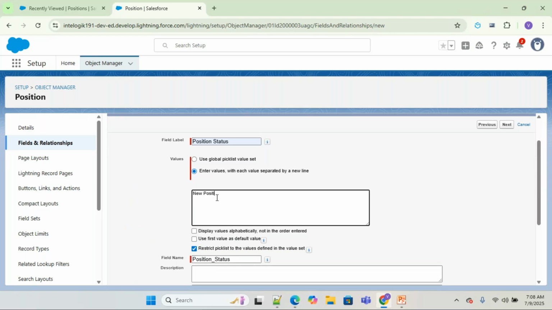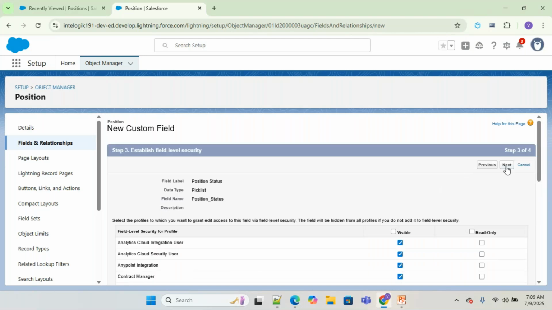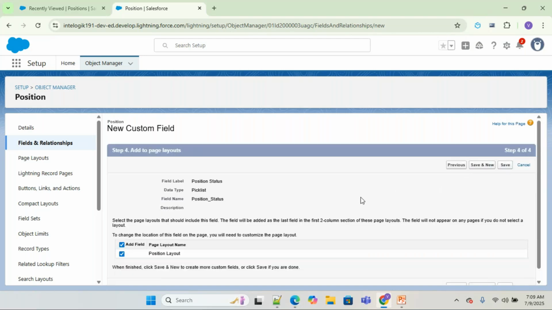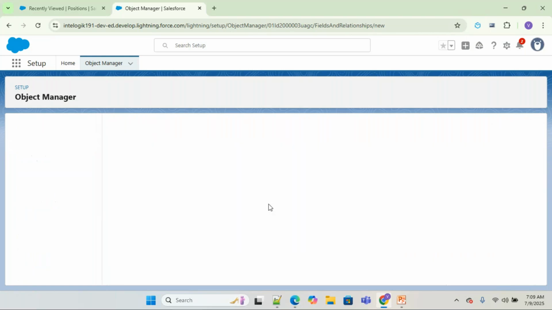and say new position. Yes, open, approved, in progress, right? And then you can go with the recruited as well as closed. So this is how we will be able to enter the values for the given pick list and click on next. Click on next and click on save and new,